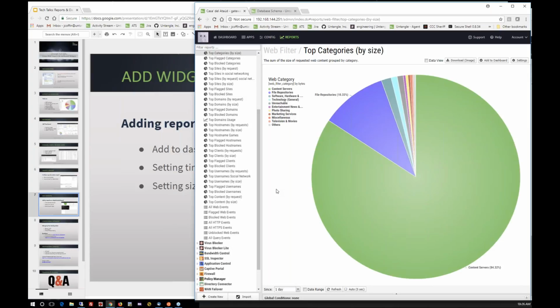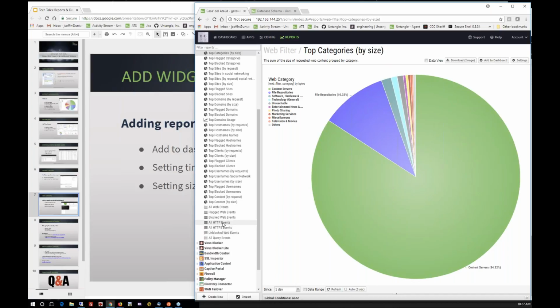So you can see that most of my traffic is content servers. Now none of these were flagged and blocked. Even though you don't check those boxes, we still categorize the traffic, because while it might not be used for web filter, you might be using it in a policy tab, in some kind of policy rule. So flagging is just if you're more interested in that kind of traffic, it's a quick way, because there's already